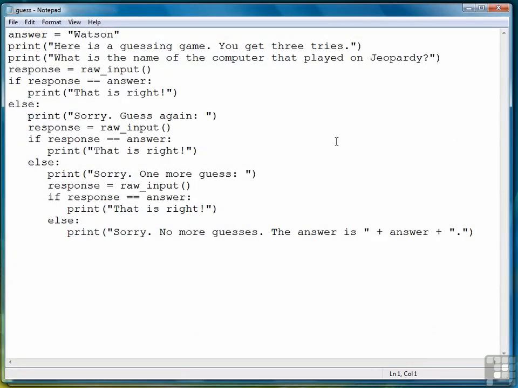So here we've used the if statement, the if-else statement, in a nested manner to allow the user 3 guesses. A better way to write this program would have been to use a loop that looped through 3 times. But we haven't learned how to write loops yet. We're going to learn how to do that in the next chapter. So this was the best way I could think of to write this program and demonstrate how to use nested